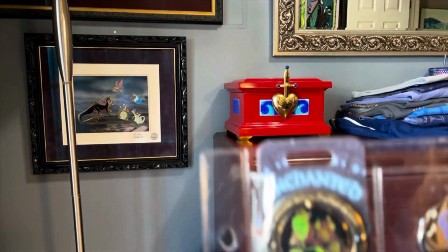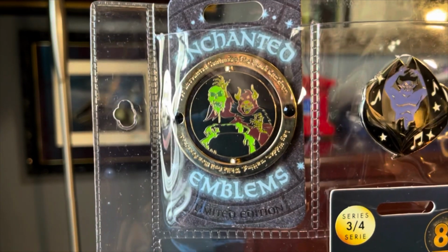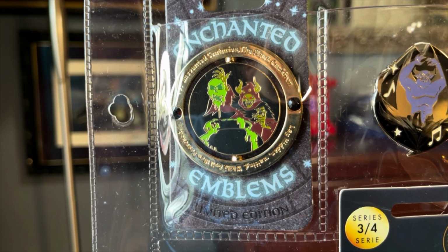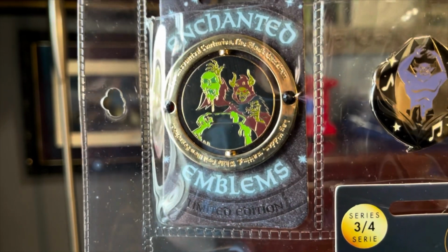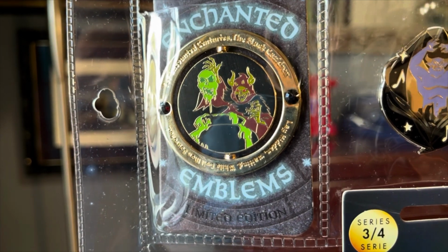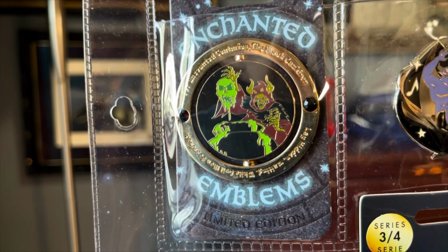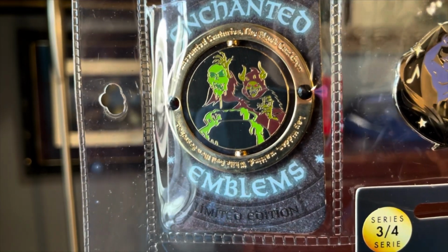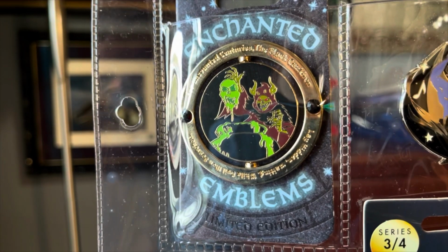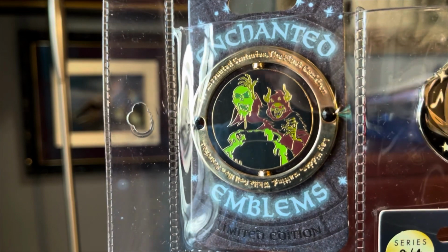Now here, even though he's not Chernabog, he's another awesome underrated villain, the Horned King from the movie The Black Cauldron. So this is a side collection. Any pin of Horned King that I see, I will probably collect. I wouldn't consider him one of the main collections, because, well, maybe he is, because I do collect a lot of Horned King pins, but when I first started, he wasn't at the forefront of my mind